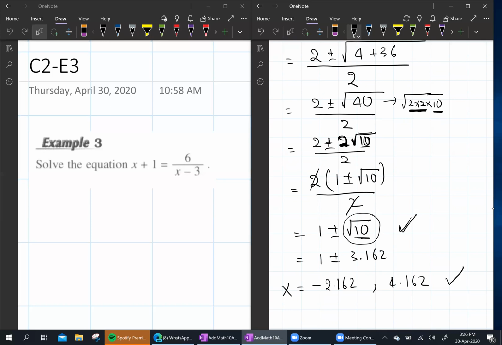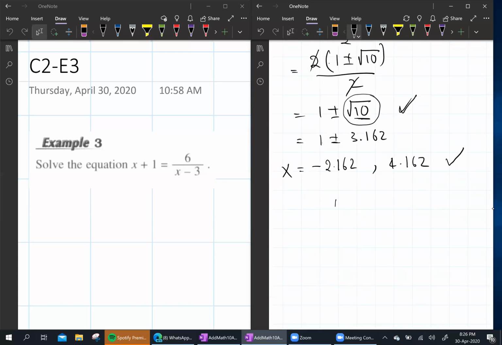Then the negative answer is rejected, right? No, it's not rejected. Why do you say rejected? Like I told you just now, this is cut at minus 2.162, this is cut at 4.162. I think you got the wrong impression from your teacher already. Not necessary. Minus is rejected, not always the case